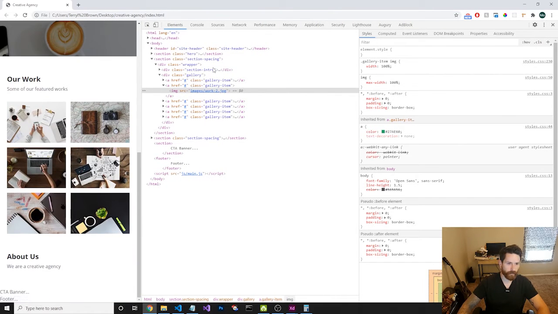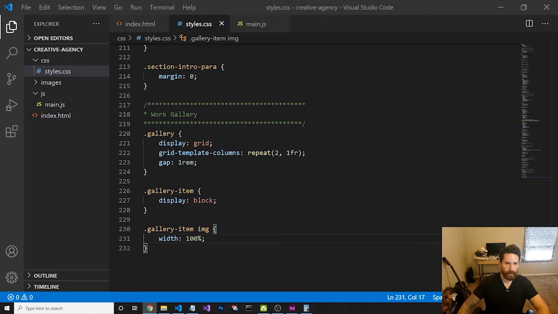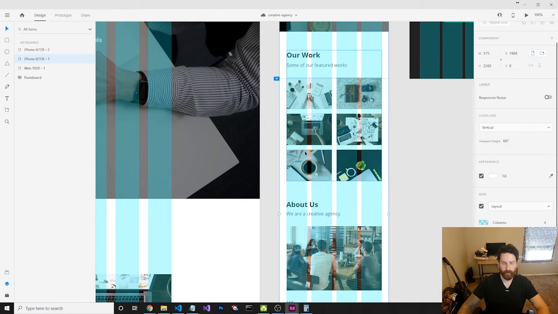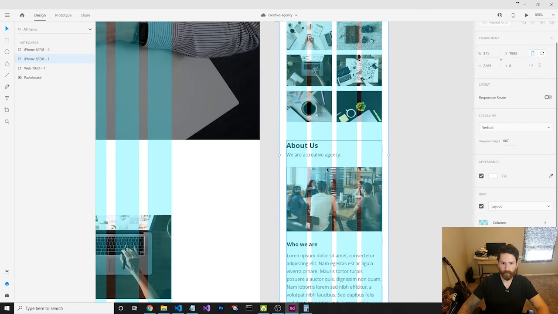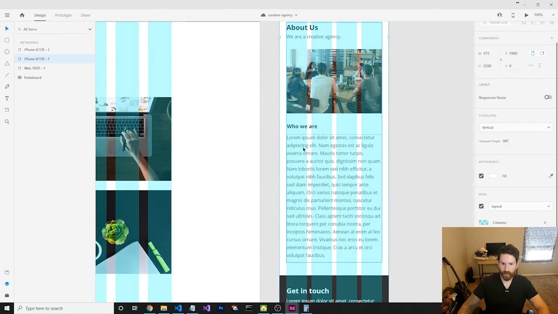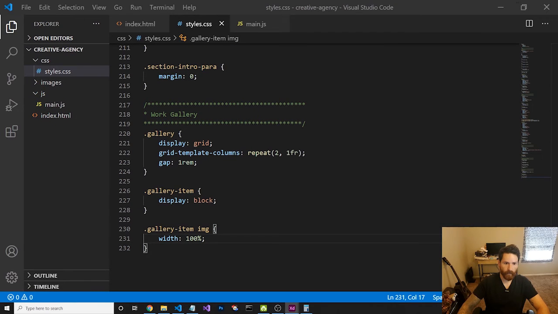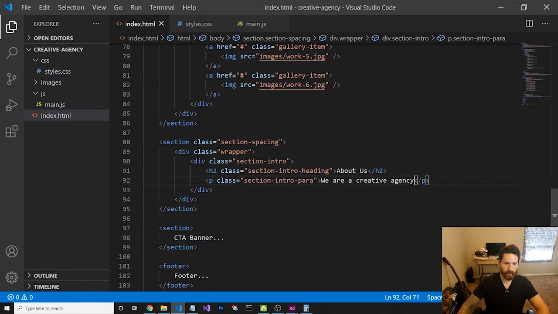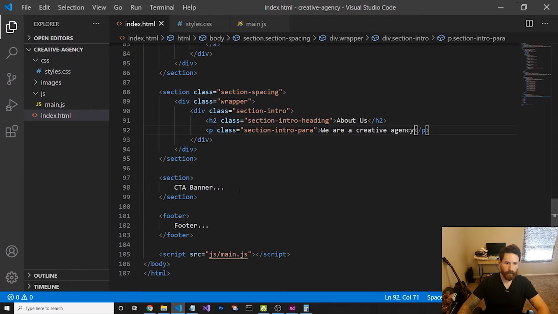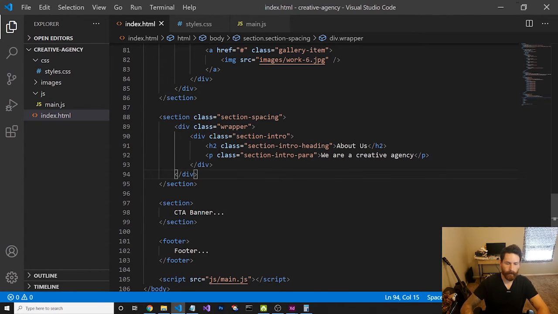So moving on to the About Us section, let's go ahead and do that. If we look over in here, we already have that, so we're just going to need to add an image and some text. This is going to be super simple. I don't even think we're going to really need to add any styles. Maybe not. Let's go ahead and just say